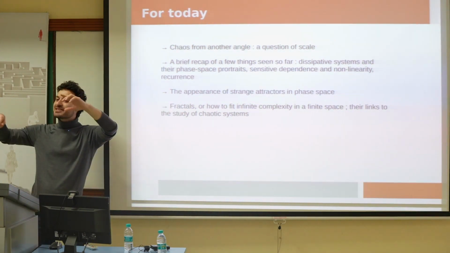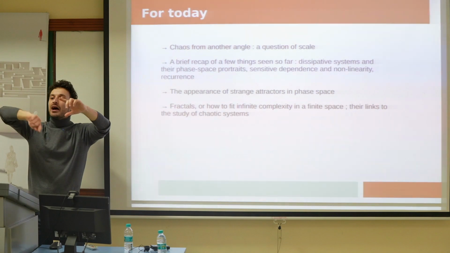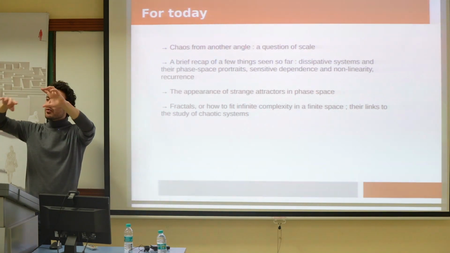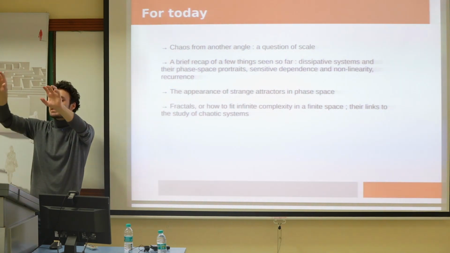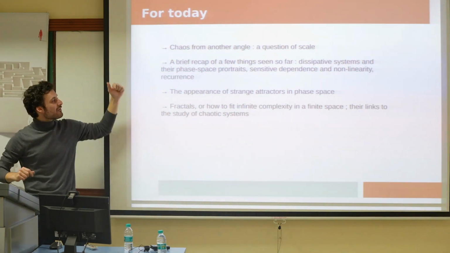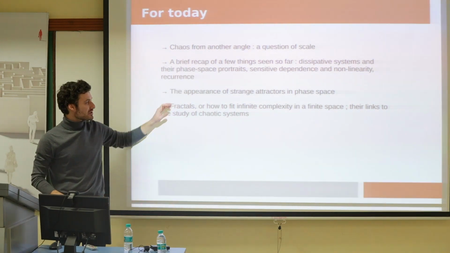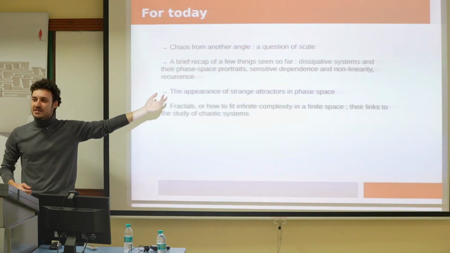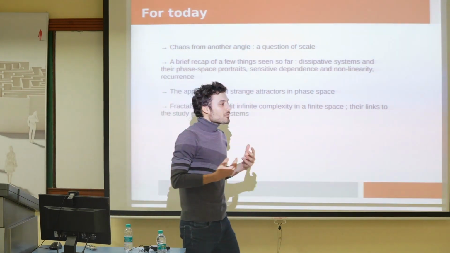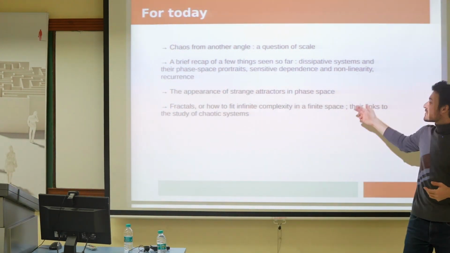They were these sort of swirly patterns over which a system evolved, which never quite seemed to repeat themselves, but where you had basins around which the system stuck around, never quite going into periodic motion. And when we look at the structure of strange attractors, we'll see that they display the broad properties of what are known as fractals.